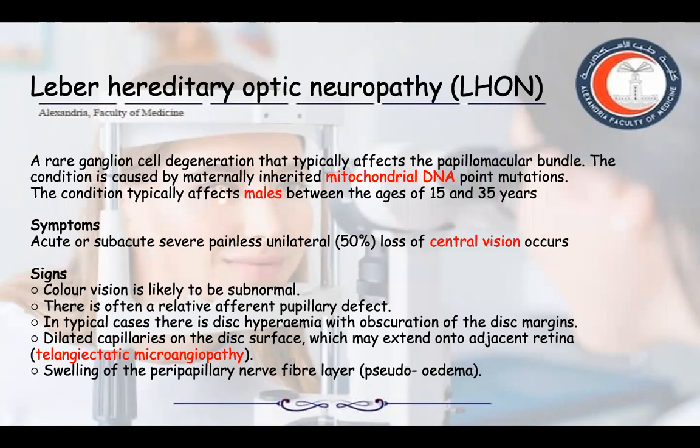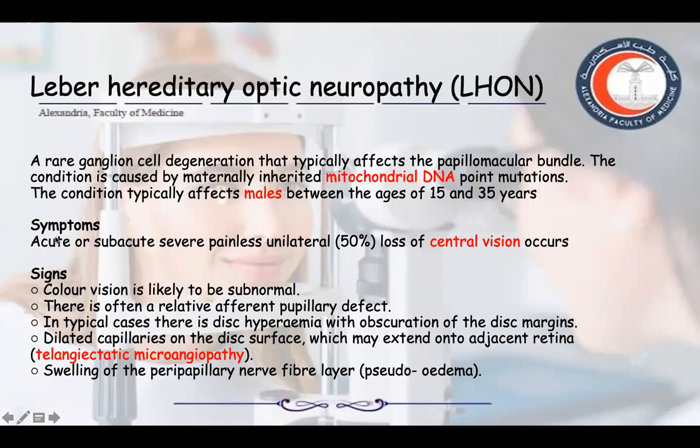Another etiology of optic neuropathy is called Leber hereditary optic neuropathy. Simply, it's ganglion cell degeneration that typically, and very important, focus with me here, affects the papillomacular bundle. The papillomacular bundle is responsible for the central vision. That's why when I talk about the symptoms, I'm saying there is loss of the central vision, because it's a ganglion cell degeneration of the papillomacular bundle. It's a maternally inherited mitochondrial DNA disease, so it almost exclusively affects males. Mitochondria is inherited from the mother, so it's a male disease, usually between the age of 15 and